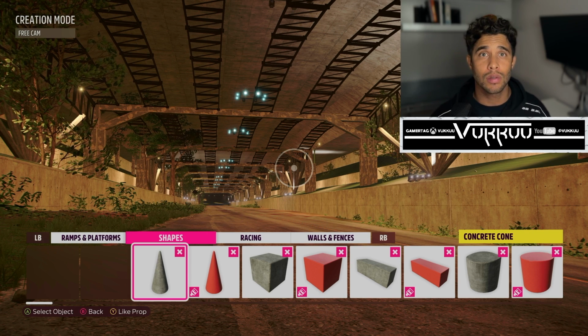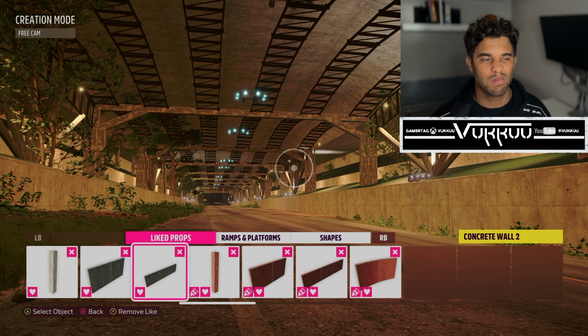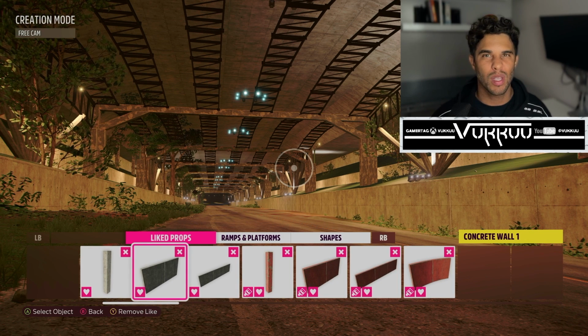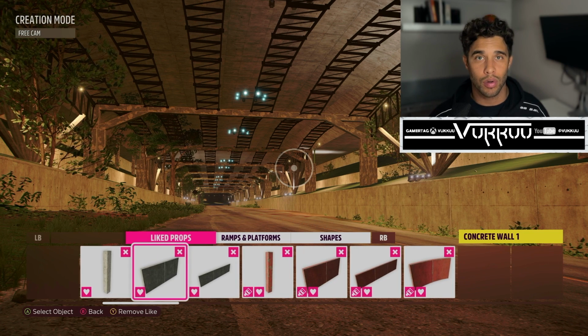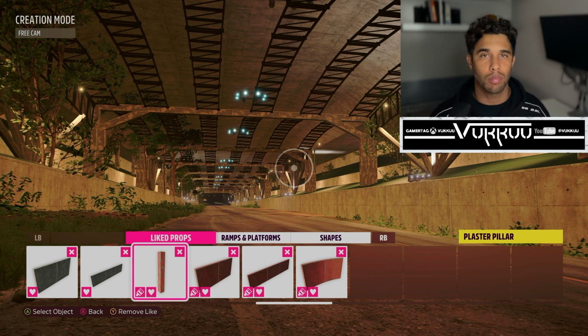We stick to a very strict set of rules. Essentially, we usually use the same props over and over. You're going to see a common theme with the concrete pillars, the concrete walls, the plaster pillars, simple objects like that that you can then rotate and twist and duplicate over and over with very minimal impact to your